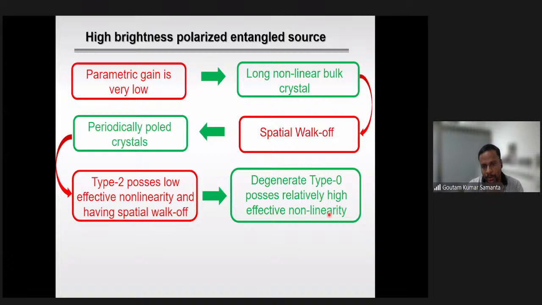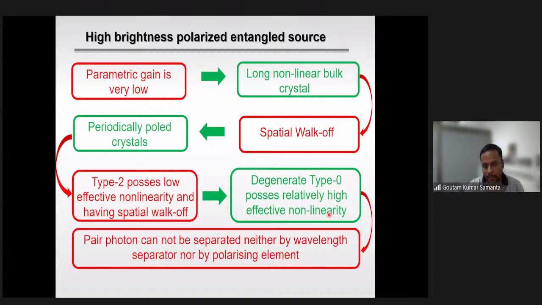So if you want to access the highest gain of a periodically poled crystal, these are the two conditions you have to satisfy. One is the degenerate process, and then type 0 nonlinear interaction. When you try to address these two, problems come, because the degenerate photons will have